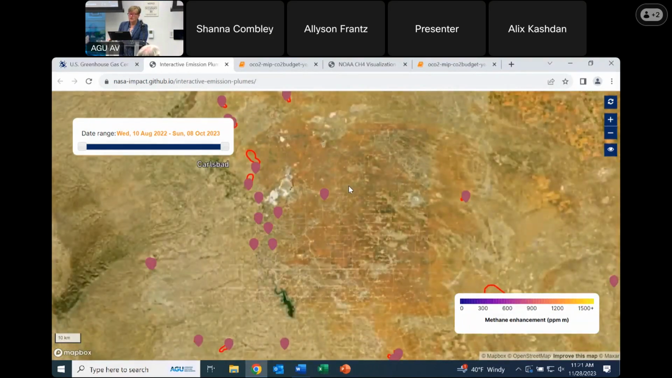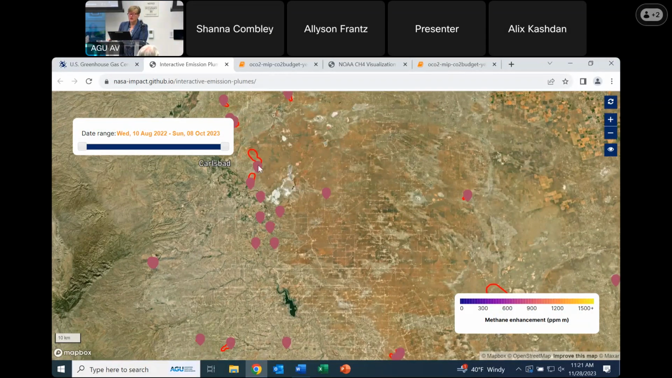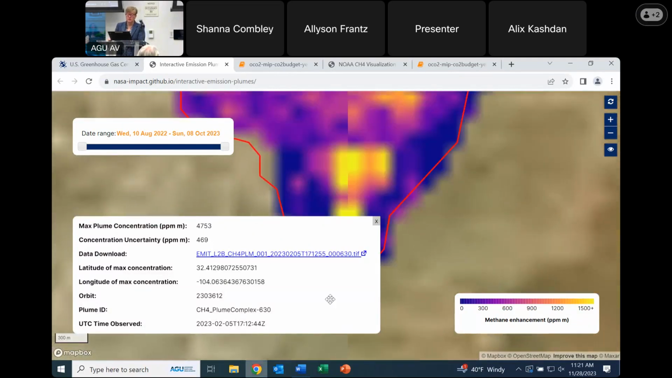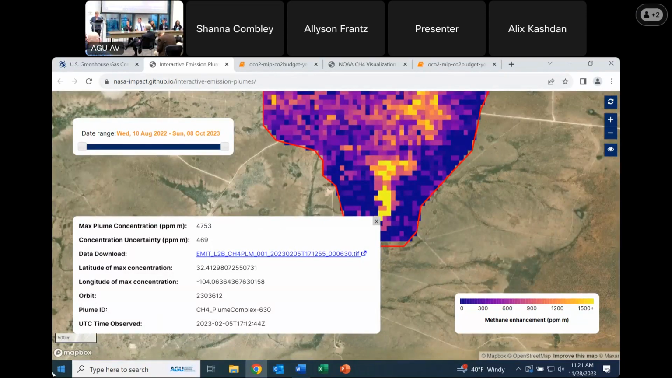Again, like with the NOAA data, I can hover and I can see latitude, longitude, time observed, and the methane enhancement value. The other thing I can do is just click on it. And what the system will do is open this window. It will zoom real close in. You can back that out a little bit with the plus minus, or simply with your